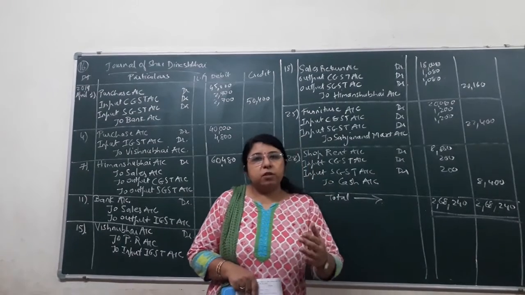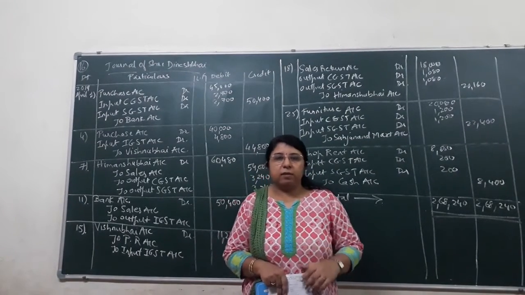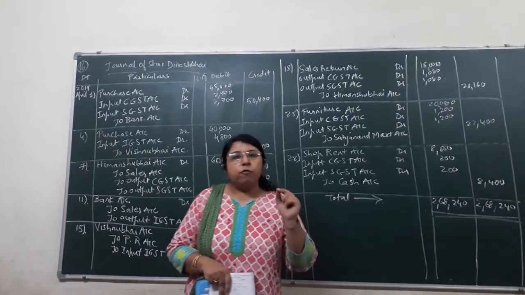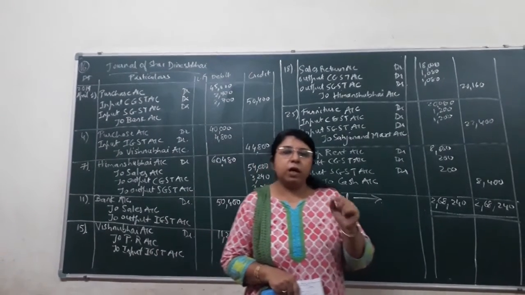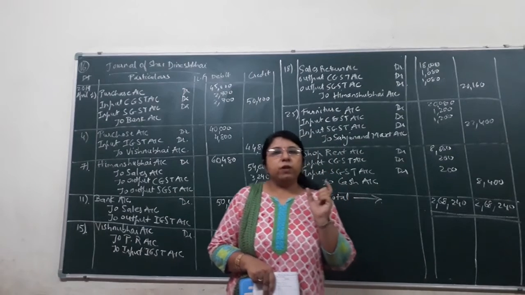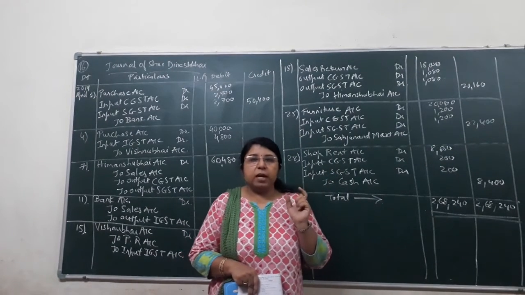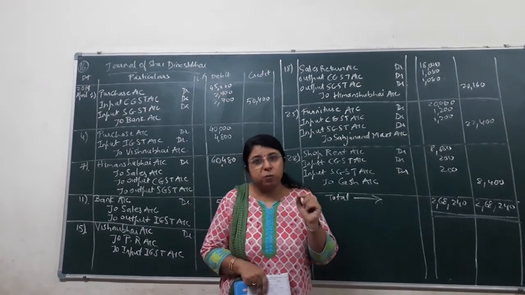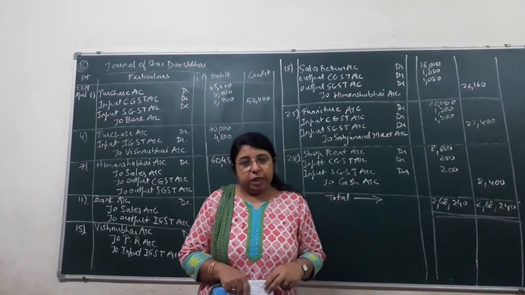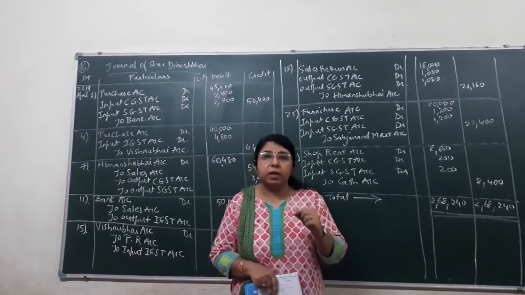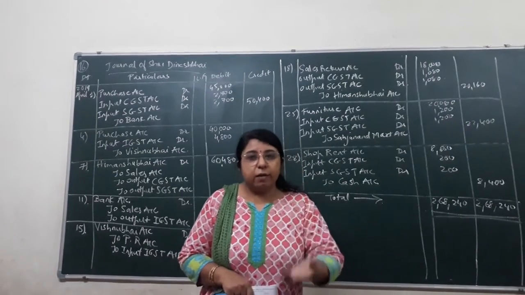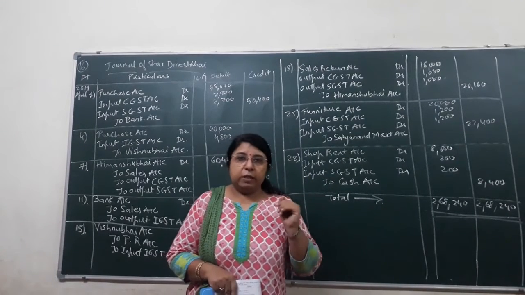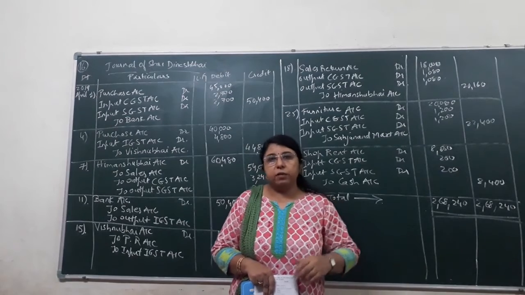Okay. So if the transaction has taken place between Gujarat and Rajasthan, then we have to apply IGST. But if the transaction has taken place within the state, that is from Rajkot to Ahmedabad, then we have to apply the CGST and SGST. Okay. And whatever transaction takes place between two different states is called interstate supply or interstate transaction. But whenever the transaction takes place within the state, then it is called intrastate supply.